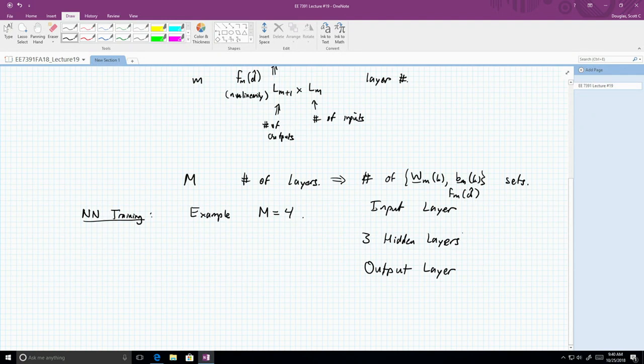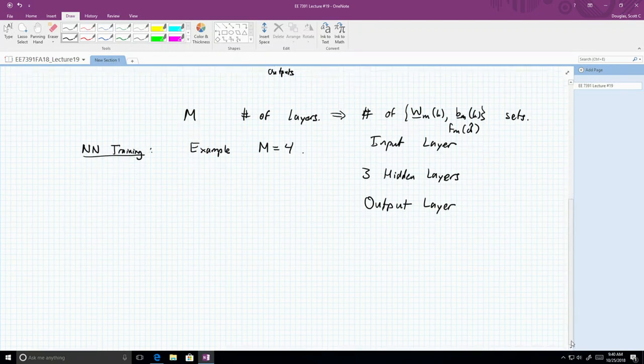I think typically people don't refer to the input layer as much as the output layer. So the hidden layers and the output layer all have nonlinearities associated with them. So that's the reason why we associate that as a 4-layer structure. And of course, at the nth layer,